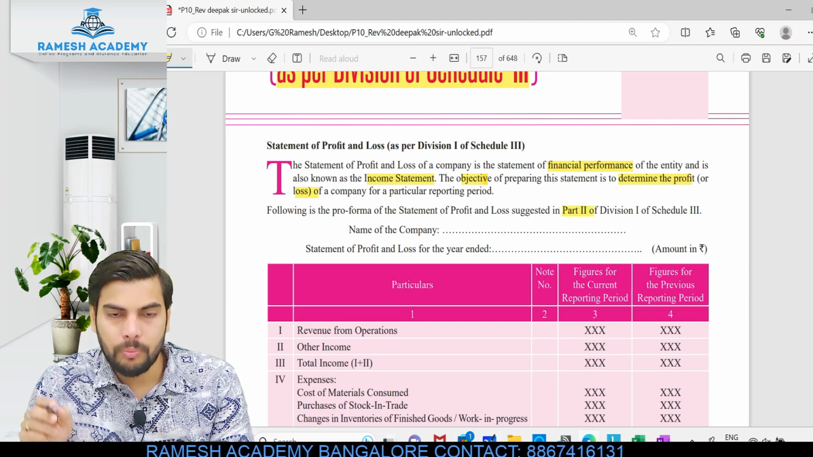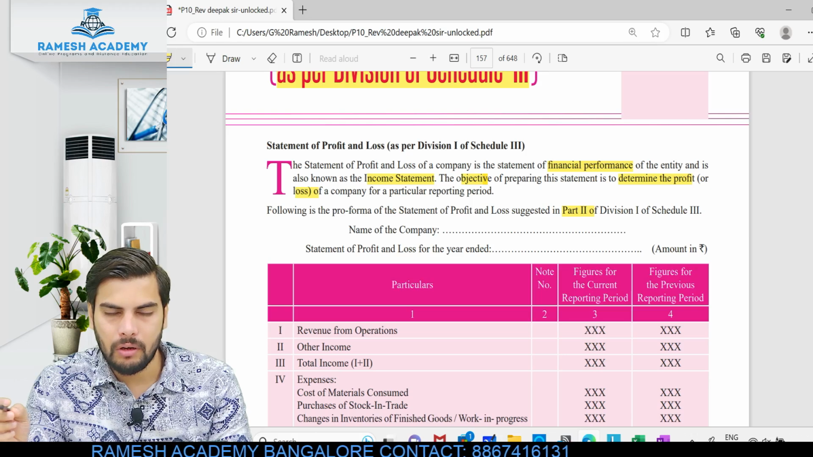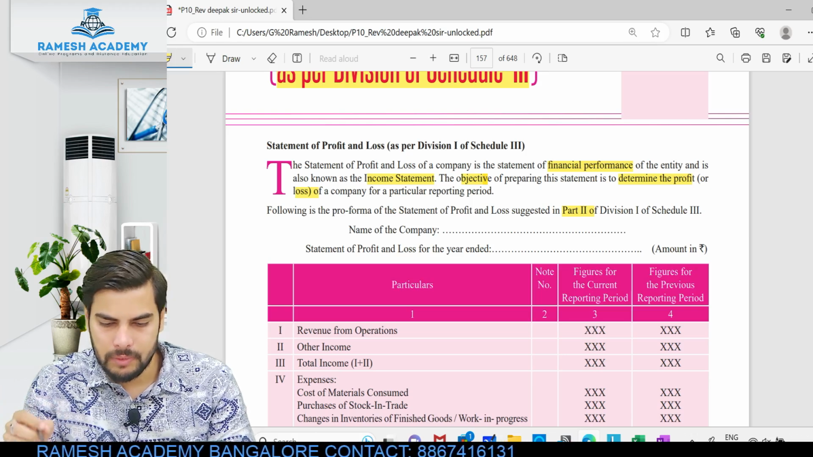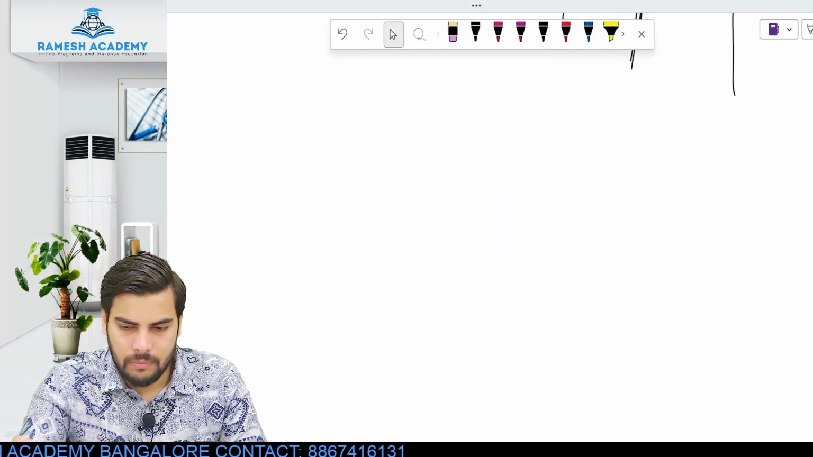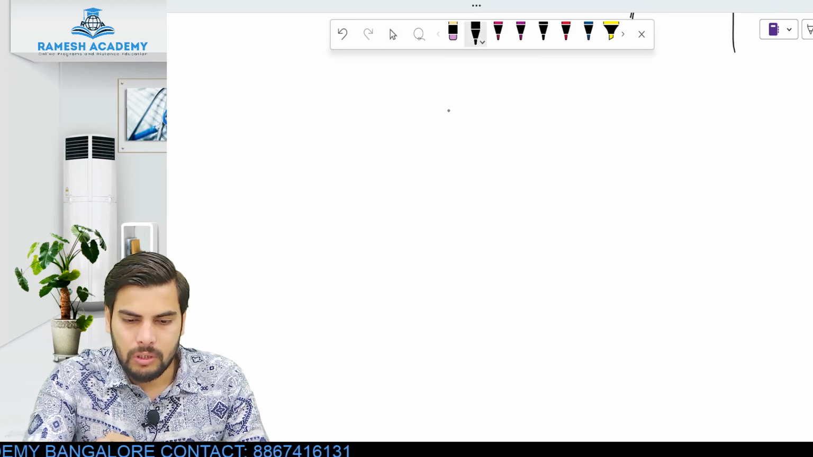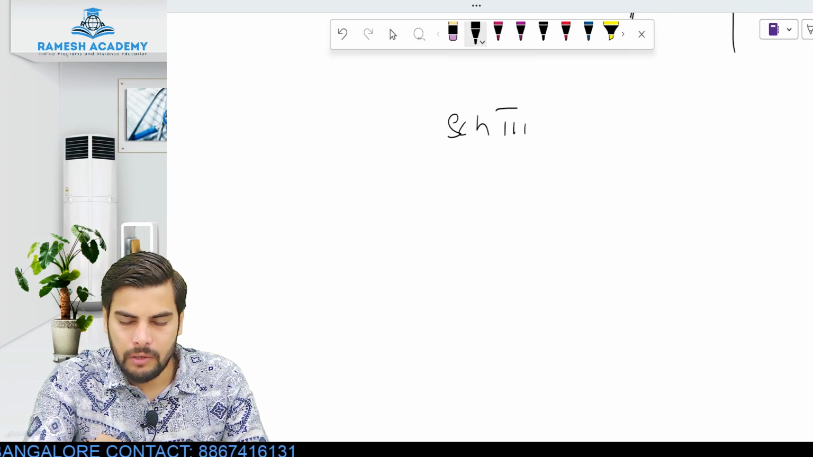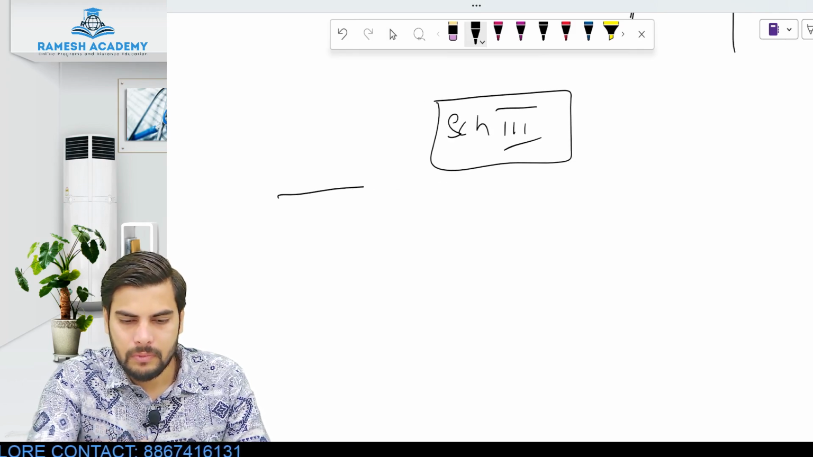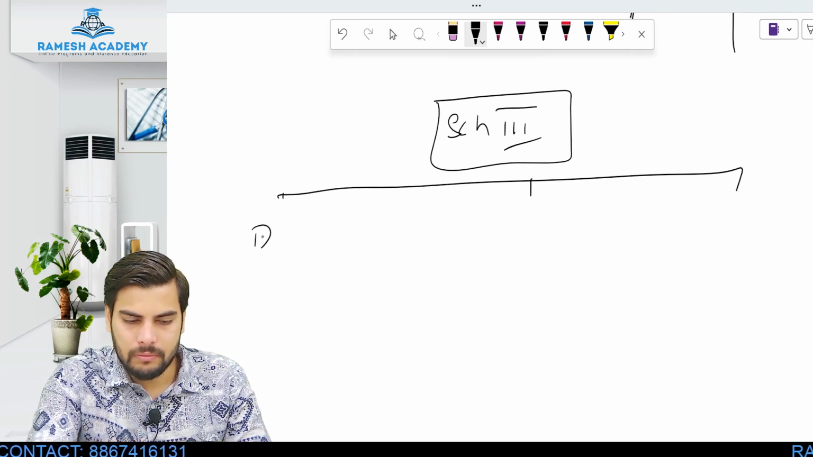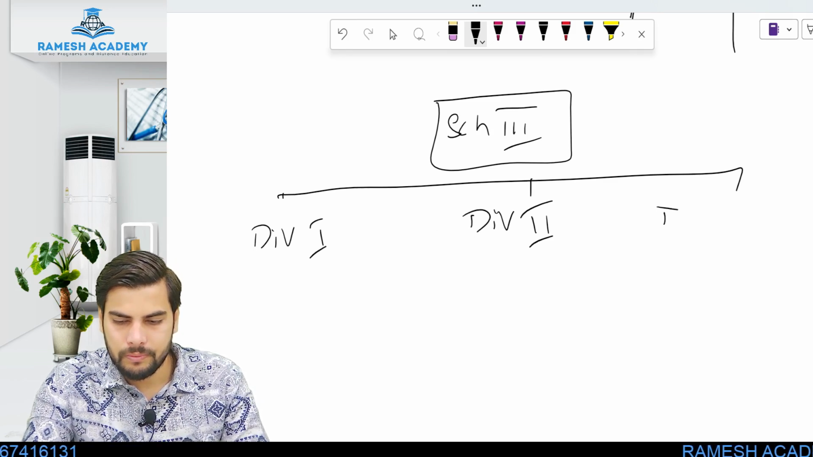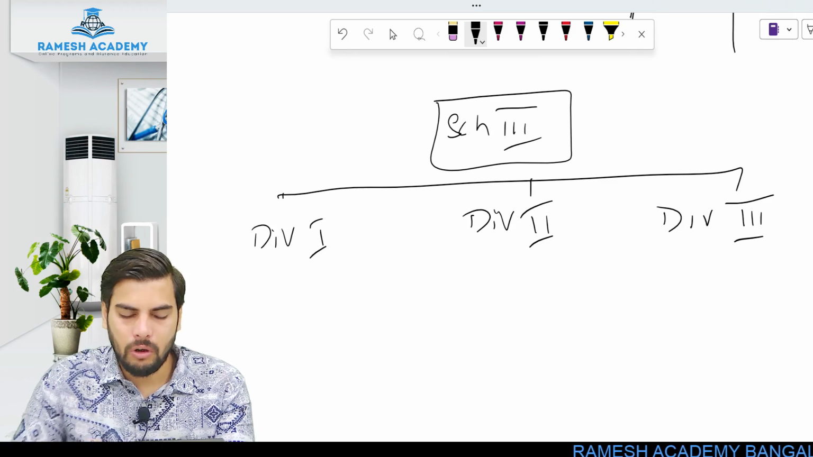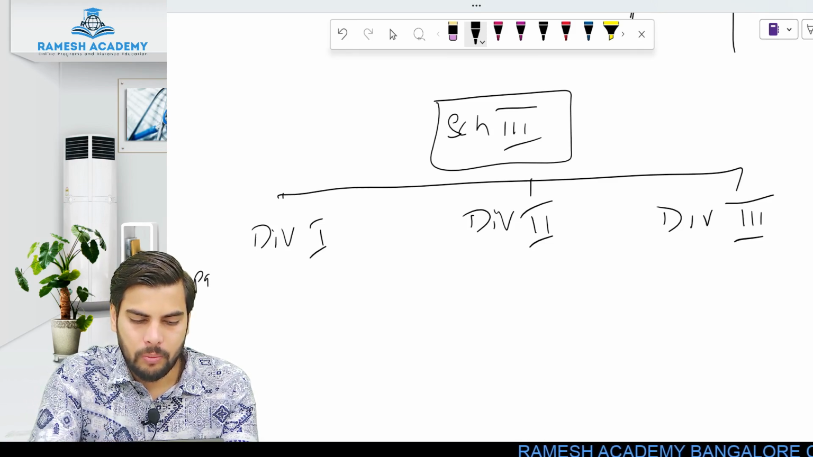Remember I told you P&L account is part 2 of division 1. Balance sheet is part 1. It's like this, guys. Totally, if you see schedule 3, we have got how many divisions? We have got 3 divisions: division 1, division 2 and division 3. Division 1 talks about preparation of P&L account and balance sheet